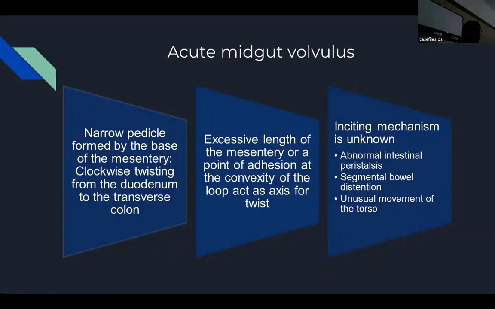So there will be excessive length of the mesentery or a point of adhesion at the convexity of the loop, which can act as an axis around which the bowel will twist. There is no such inciting mechanism which can cause this. However, some of the possibilities include abnormal intestinal peristalsis, any segmental bowel distension, or unusual